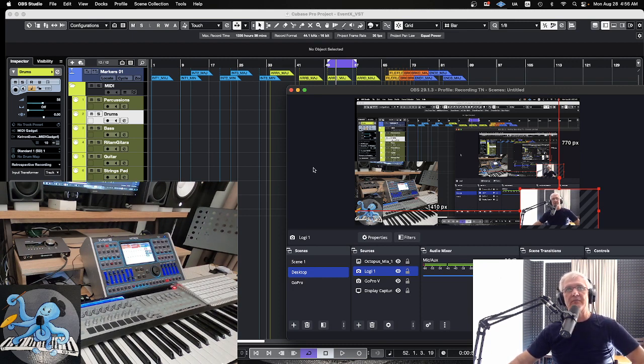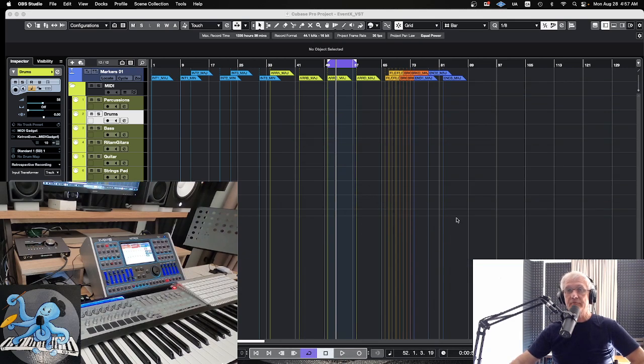So let us start. First, what I have here in front of me, I will move this down. In front of me I have a project. It is a Cubase template that I'm using if I want to make a style for Ketron EventX. Now I have all the tracks that I need. I have my markers. I have everything. Now I am going to